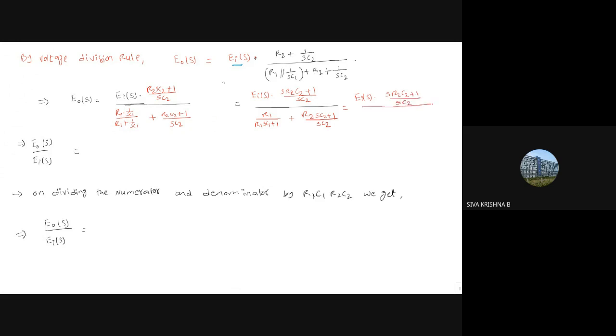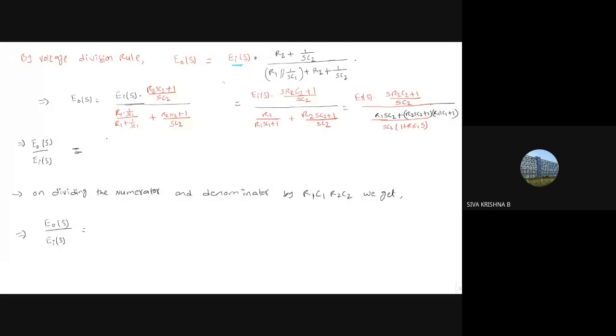SC2 whole divided by, if you take LCM there, SC2 into 1 plus R1 C1, isn't it? That becomes, what will happen? R1 SC2 plus what is left there, R2 SC2 plus 1 into this term R1 SC1 plus 1. So this is the thing here. After that, if we get A naught by ES, that means output by input, which is equal to,